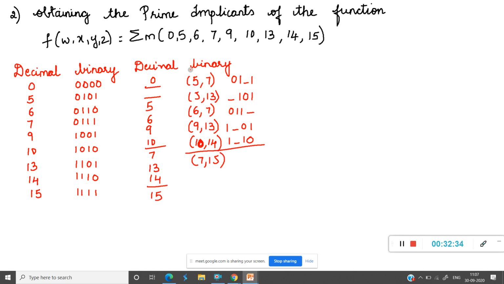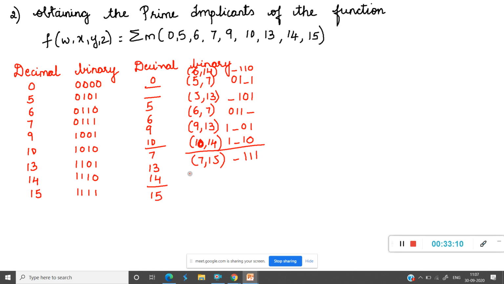Okay, 6 and 14, can I compare? Space is not there, so can I write it here? 6, 14. What is the binary combination for that, students? Dash, 1, 1, 0. Okay? Let me start again, third with fourth. 7 and 15 can be compared, students: dash, 1, 1, 1.